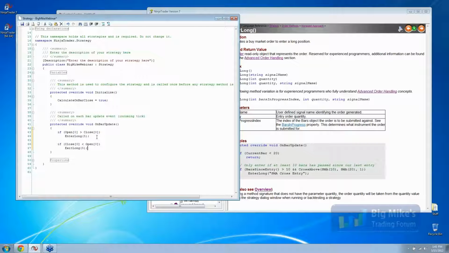So that is basically the basic managed approach, what I have on the screen right now. You type in EnterLong, ExitLong, EnterShort, ExitShort, things like that. Now, there are some nuances and intricacies that you want to pay attention to when using this